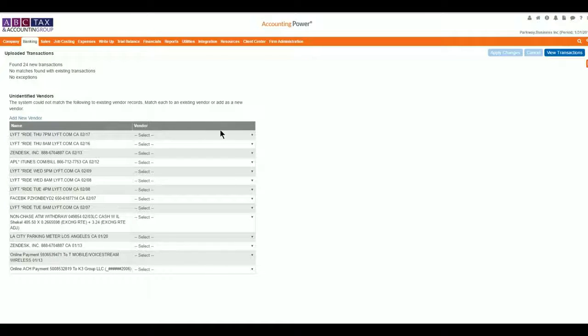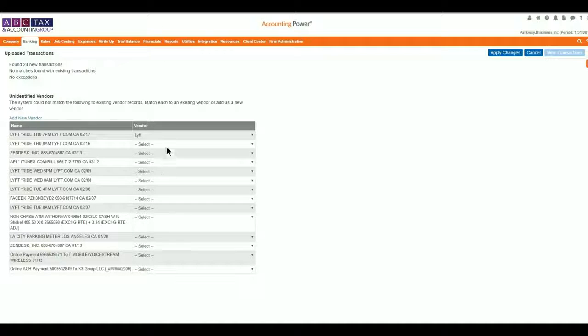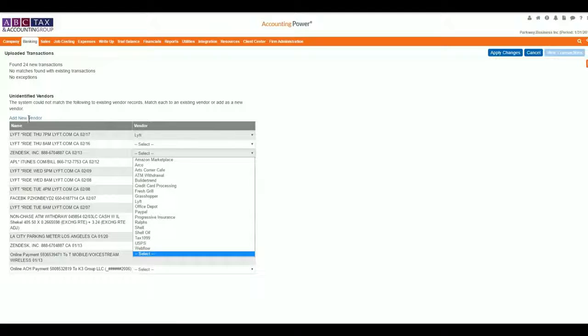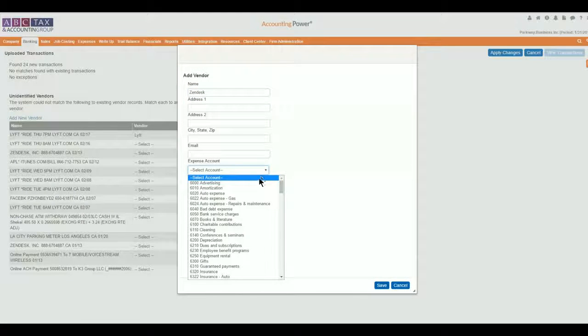The drop-down selection makes assigning a vendor name to an unidentified transaction very simple. If a vendor does not exist, it can be added by selecting the Add New Vendor hyperlink. To add a new name to your vendor list, you must provide at least a name and an expense account, and then select Save. Finally, return to the transactions and assign a vendor name to all transactions, and then select